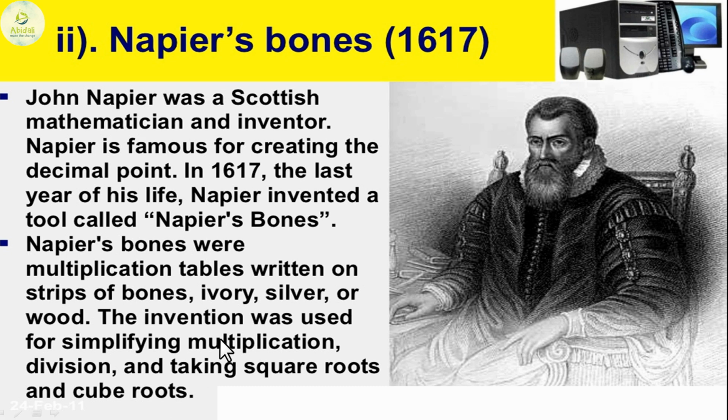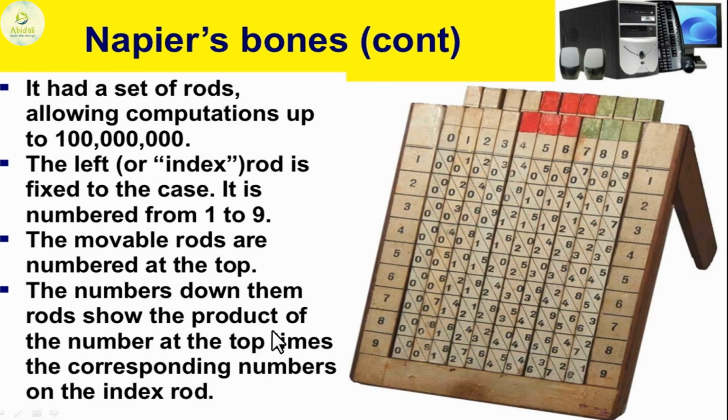Okay, so let us see the image of how Napier's bone looks. This is an actual Napier bone made up of wood, but the original one made up of bones is not depicted over here. It has a set of rods that you can see. These are the set of rods that make up this figure, and on the left is the index rod. These are the index rods which are fixed into the case, non-movable. These all are movable and these all are non-movable.